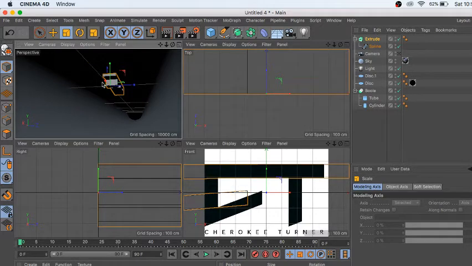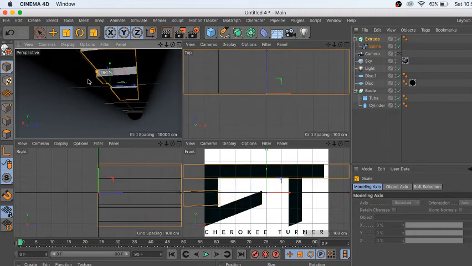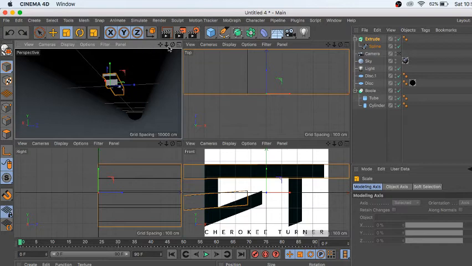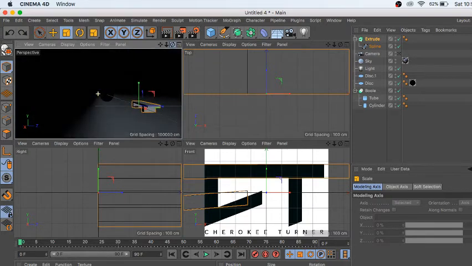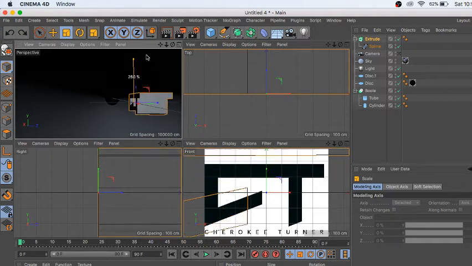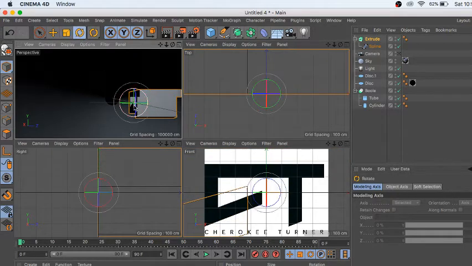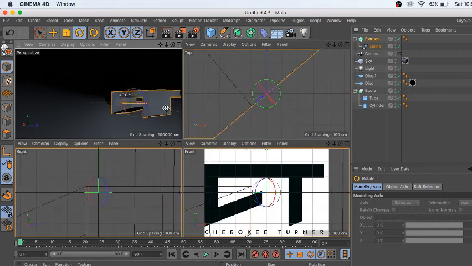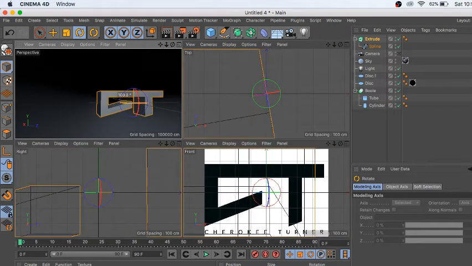That's why. I think it is uniform scaling, and I'm just not doing it. There it is. Yeah, it is uniform scaling. I'm an idiot. Okay. Let's go and use less extrusion then,